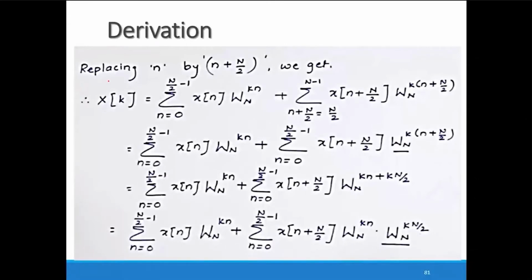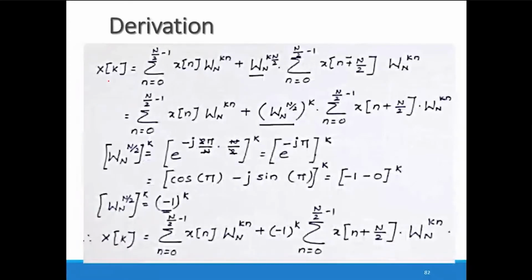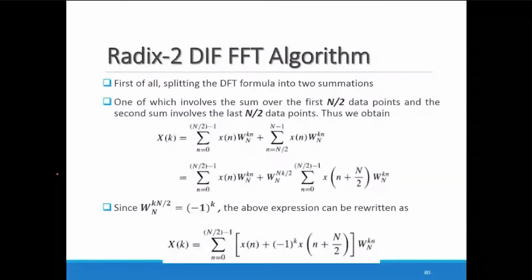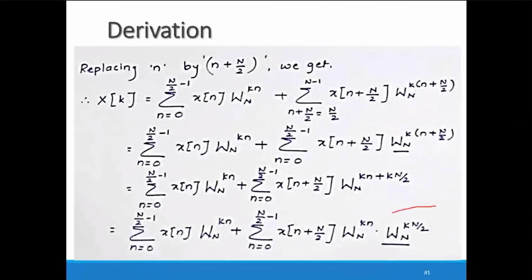Okay, so when you apply this, what happened? You are getting this part to this one. Here sigma n equal to 0 to N by 2 minus 1 x of n omega N raised to kn plus omega N. This term we have extracted outside, as I am showing over here. This term, as you can notice, your summation is starting from n equal to 0 to N by 2 minus 1, but here no small n variable is there. So this term is independent of this summation. So we are bringing it out of this summation over here.